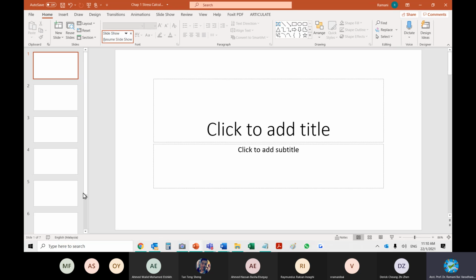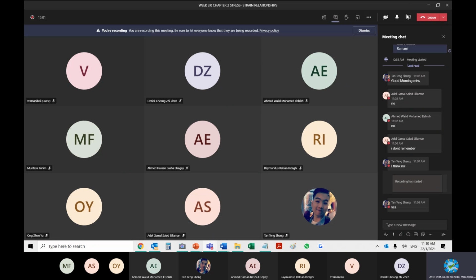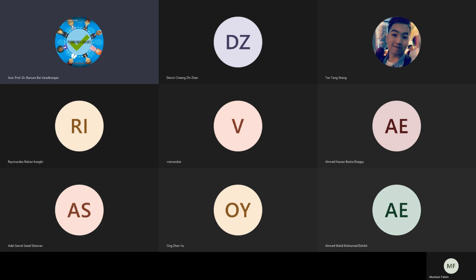I remember I showed this slide to you. One moment. You cannot go back and every time I give you the information, you have to remember quickly what happened last class. Okay, this is coming up. Three types of classification we did, isn't it? What types of stresses? Under type of stresses, every time you remember this, these are the three types of, I better copy the slide again so that you remember.